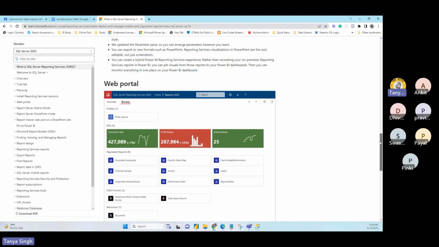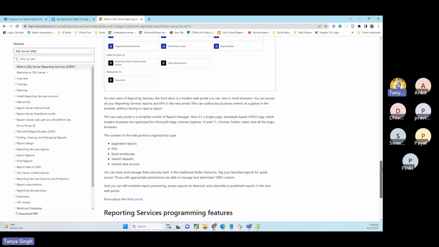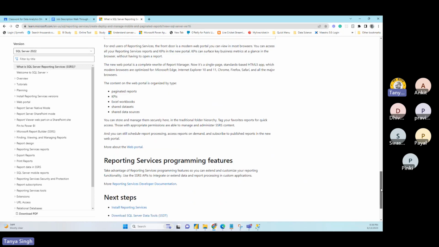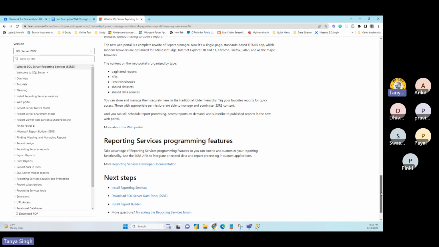There is a lot of other admin work that you need to do, but you can do it. The report file is the RDL file. Like every file in Windows has some extension, like docx is the document, xlsx is the Excel file, JPG is the picture. Similarly, any report that you develop has the extension RDL. So this is a very high-level talk, just context on what SSRS is and how it works. It's usually built for tabular reports.